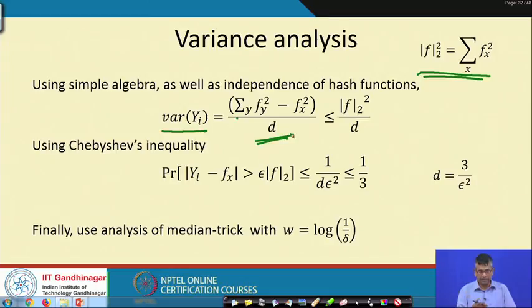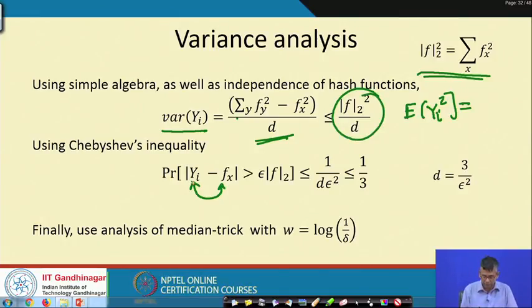You just need to write down the expectation of y_i square, distribute the square over the sum and so on, and we will get this. That is very simple. But once we have this bound on the variance, we can apply Chebyshev's inequality, because we know the expectation of the random variable is exactly f_x, which is what we want. We know a bound on the variance, so Chebyshev's inequality says that the probability that the absolute value of y_i minus f_x is bigger than epsilon times the 2 norm of the frequency vector is less than or equal to the variance divided by